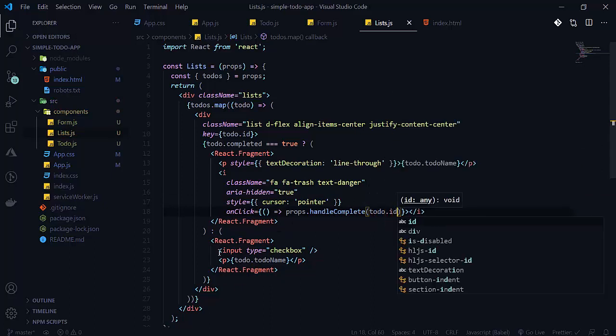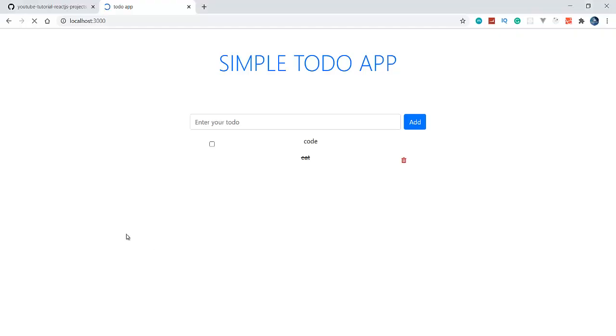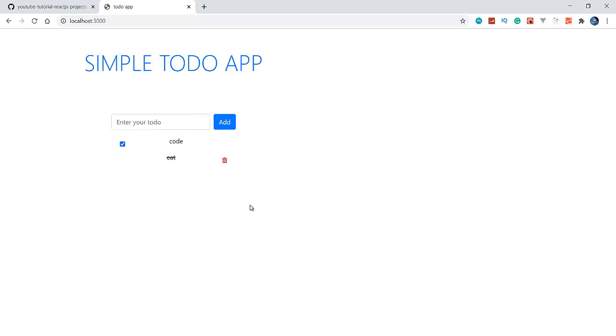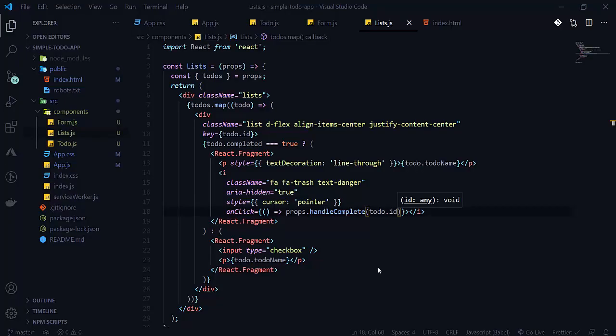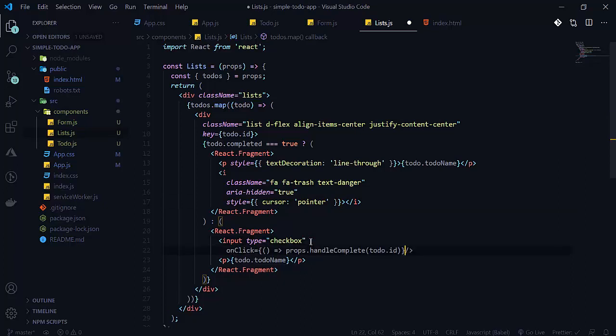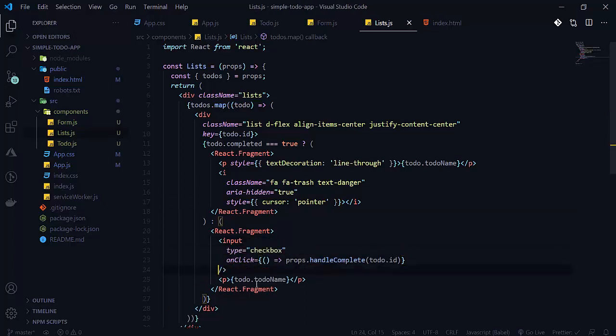what error are we getting here? Okay, so it is not here, we have to apply onClick on the checkbox here, not in this one, because if todo is completed, it will return this statement. So this is a delete button here. Whenever we click here, see that we are getting id 1 here.